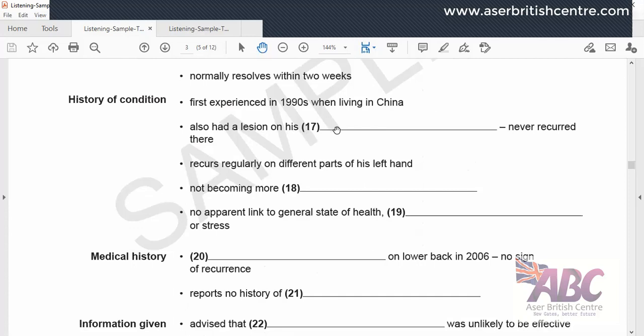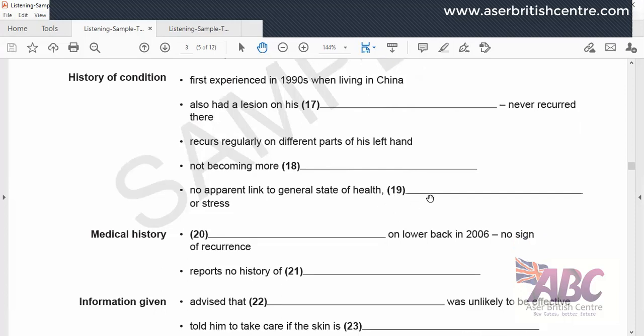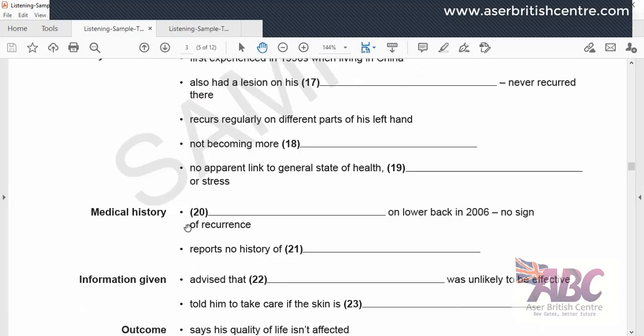17, his, noun. It will also be a part of the body, part of his body, not becoming more, adjective. Adverb, not an adverb. Yes, it will be an adverb. And 19, maybe anxiety or stress, something like that. No, sorry, adverb. I'm confused between adverb and adjective and all. Right. 20,